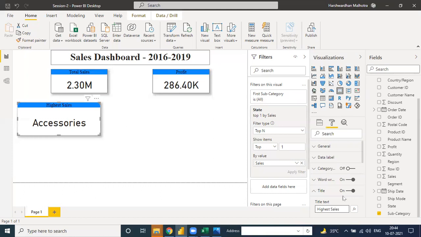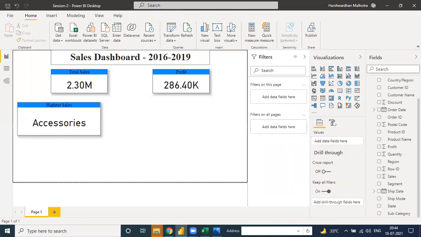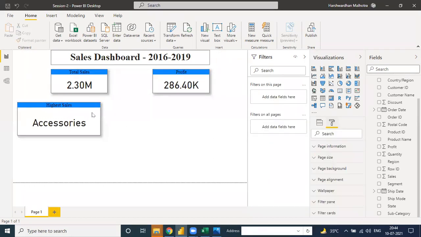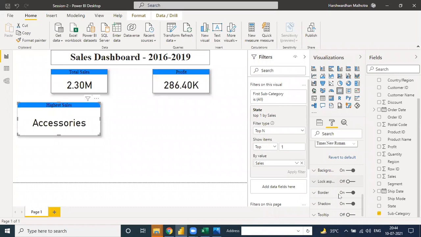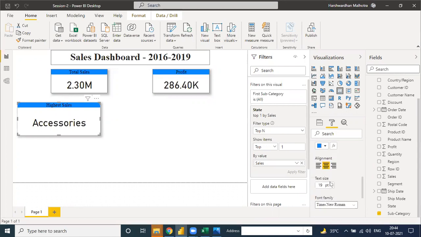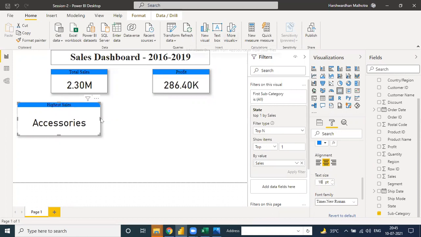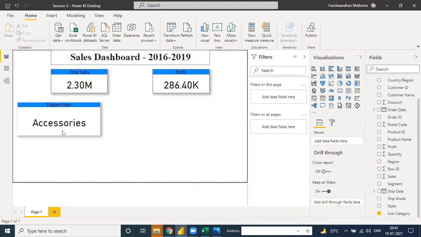See, highest sales, and do some formatting: click on the chart, go to title, and make some font changes. This is the highest sales by category.